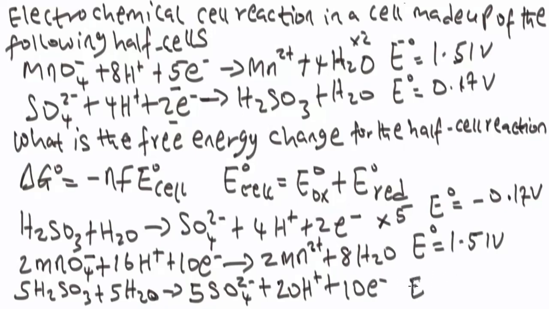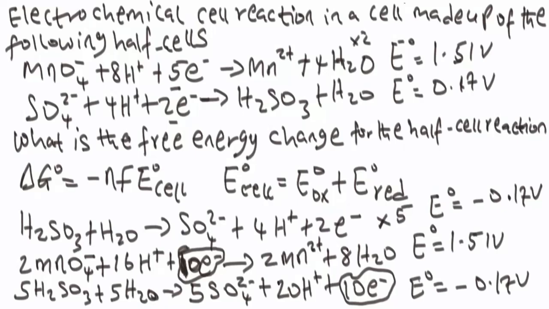So the electric potential is minus 0.17 volts. So as you can see now, the electrons on both sides are the same, very important, it is 10. Alright, so now that we have done this,